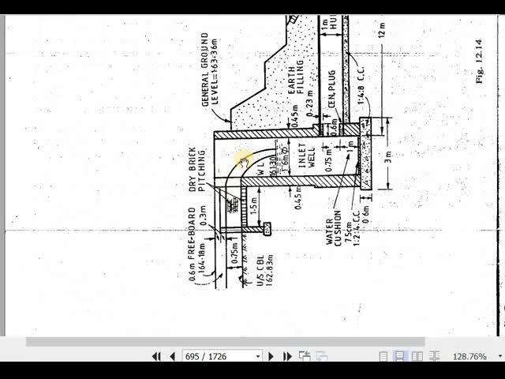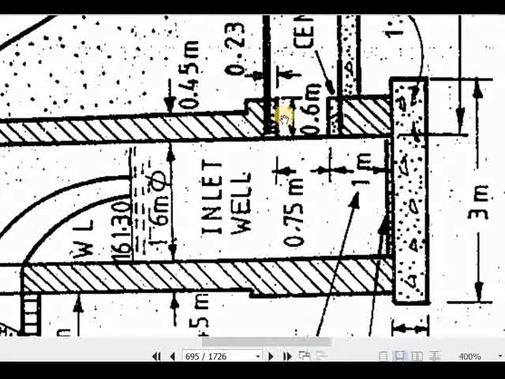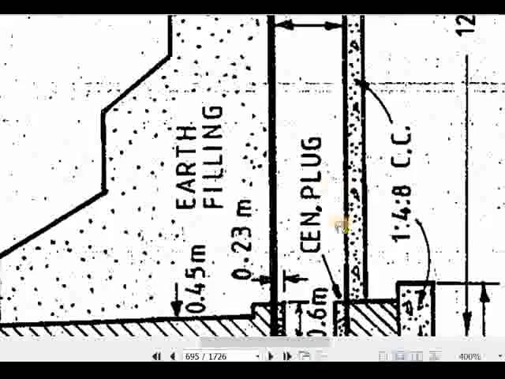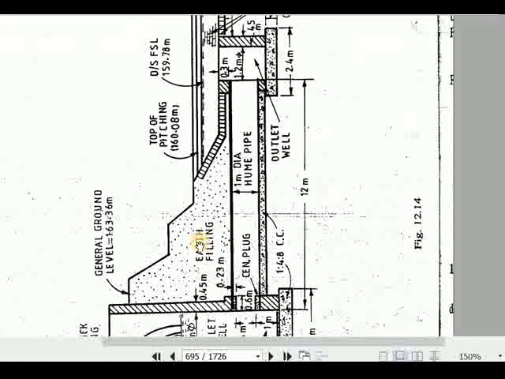Water is going here and water is entering here. This level was 161.30, which we calculated, and its thickness is 0.45 meter. Thickness is 0.45 meter on both sides, and here we have a 3 meter structure, and here we have an opening of 0.5 or 0.6 meter. So let me show you. This is 0.6 meter from this point to this point. But this opening is 0.5 meter. This has a 1 meter diameter, which we discussed.